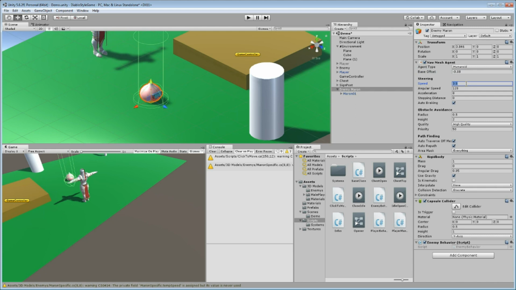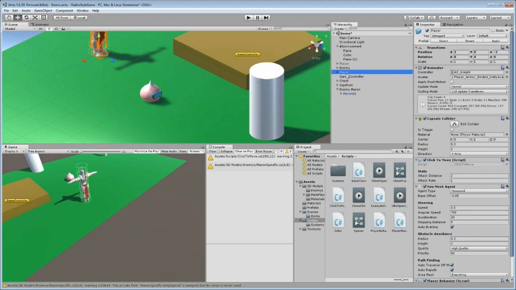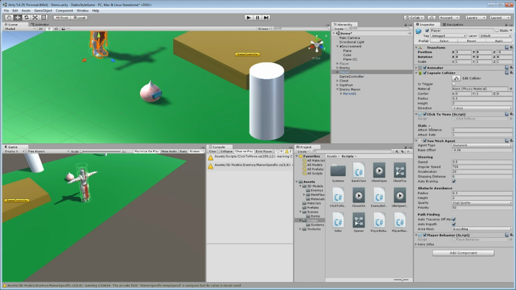Marin is going to be rather a slow one, I believe. Maybe we are starting with a speed of 2, or maybe later on we're gonna do that by code, no matter what. The angular speed is going to be something very high once again, maybe about 250 might be good as well, and a fast acceleration. If you're not sure what the best way is, of course go in and try this one out, or check what your old player setups have been, which means when we go to this NavMesh agent, you can see we have an angular speed of 700 and an acceleration of 20, which should be pretty fine